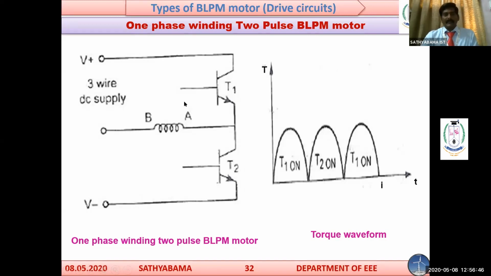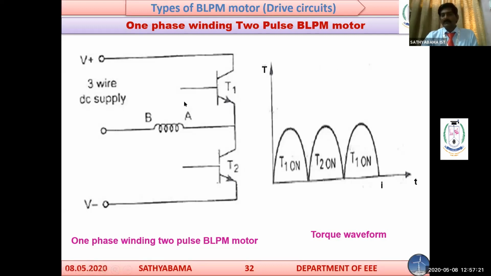For the torque equation, we know that power is 2 pi NT by 60, where 2 pi N by 60 is the omega, that is angular velocity. Therefore, power equal to omega into T. And the electrical equivalent of power is V into I. Therefore, power equal to 2 into V, where voltage applied is equal to voltage induced. Therefore, 2 E phase into I. Since two phase windings will be connected at any instant, therefore we are taking 2.